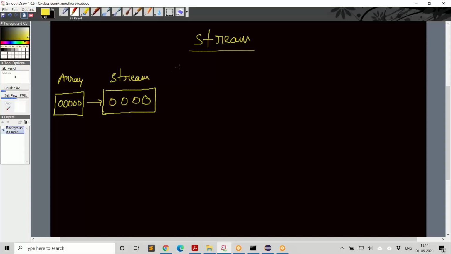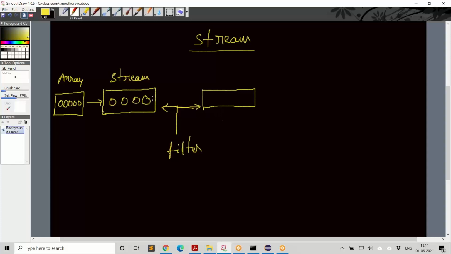And now I can apply some operations on this stream. So I can apply an operation called filter, for example. Filter is one of the operations. And when we apply filter operation, it is going to produce another stream after filtering the objects.